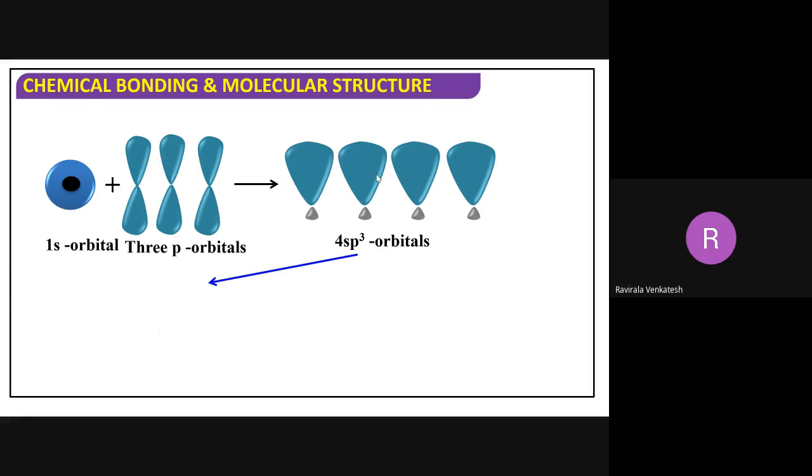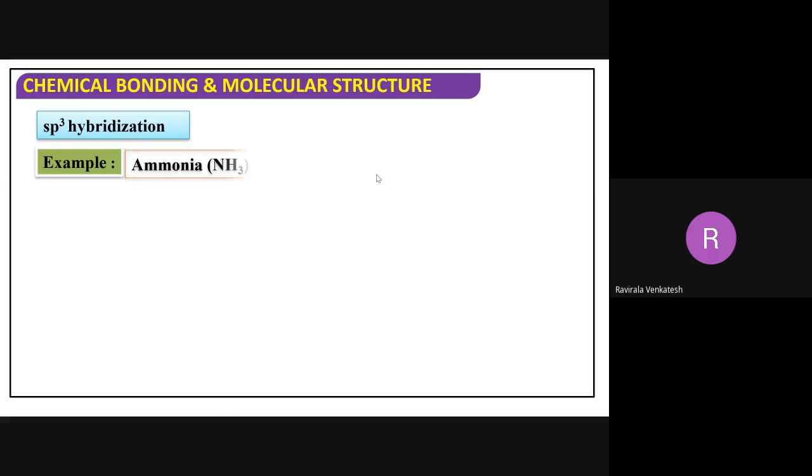They will take a shape in space in which they experience less repulsion, so they gain a tetrahedral shape like this. This is called tetrahedral geometry. Example of sp3 hybridization, I'm taking